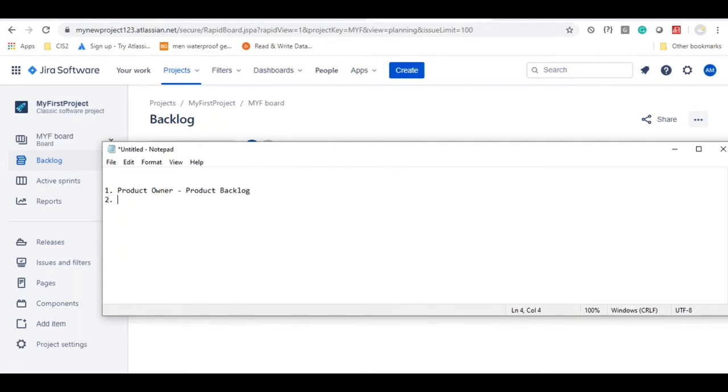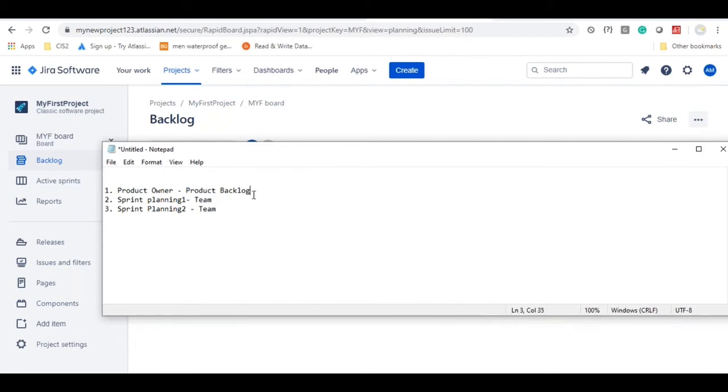Second, who is going to do the planning? Sprint planning one. Who is responsible? Team is responsible for it. Third, sprint planning two. Who is responsible for this? Again, team. So in these two planning meetings, what the team is going to perform.